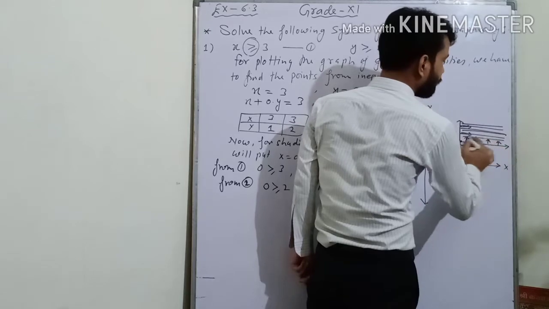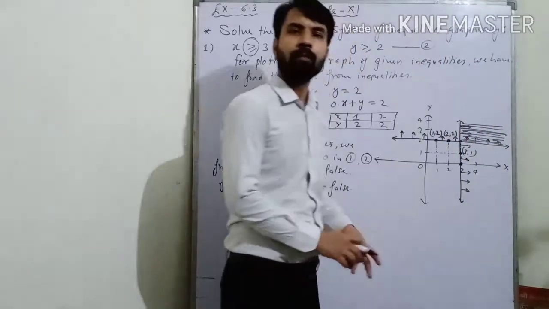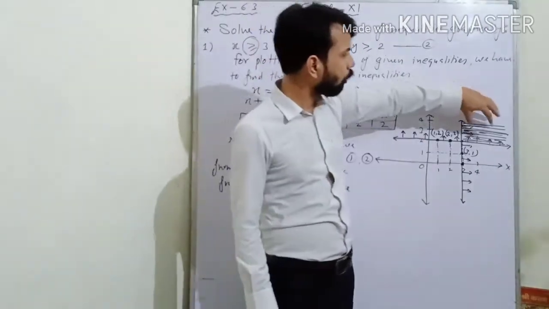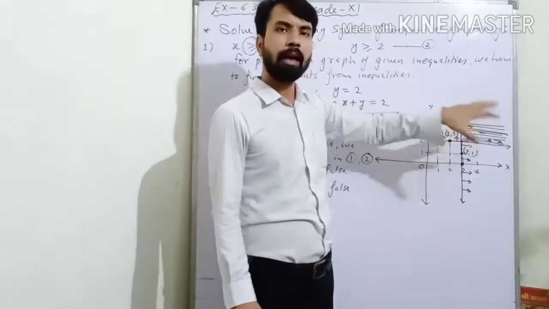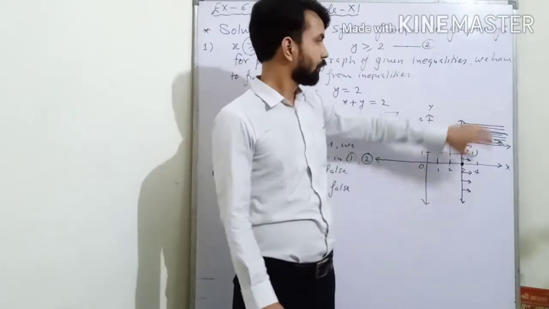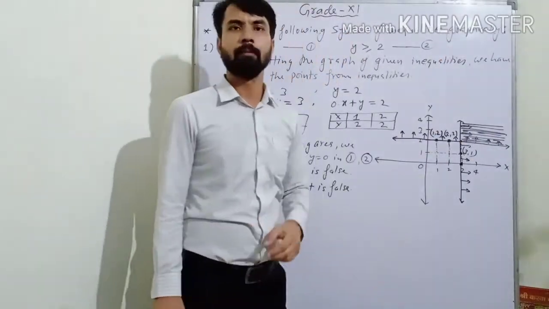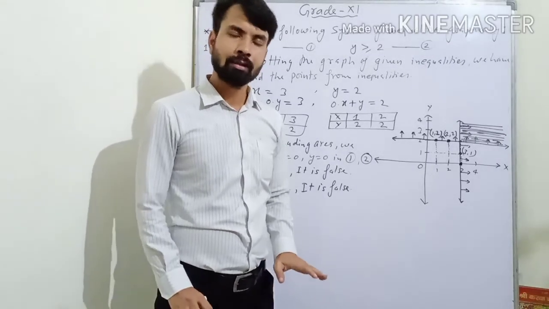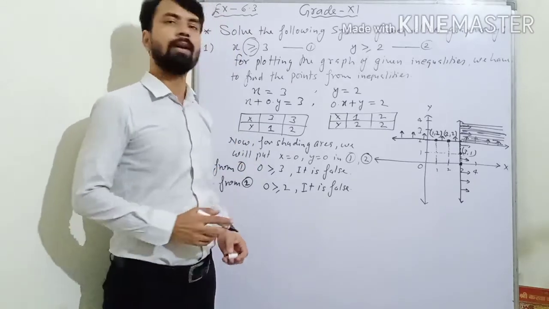What is the common region for these two inequalities? We will have to shade. Are you getting this? What we have to find? We have to find the common region for both the lines. Whatever the lines are here, we have to find the common region. So this is the common region for both. So we will have to shade this region. Understood? Hope it is clear to everyone. Good. So students, now pause the video and note it fast.